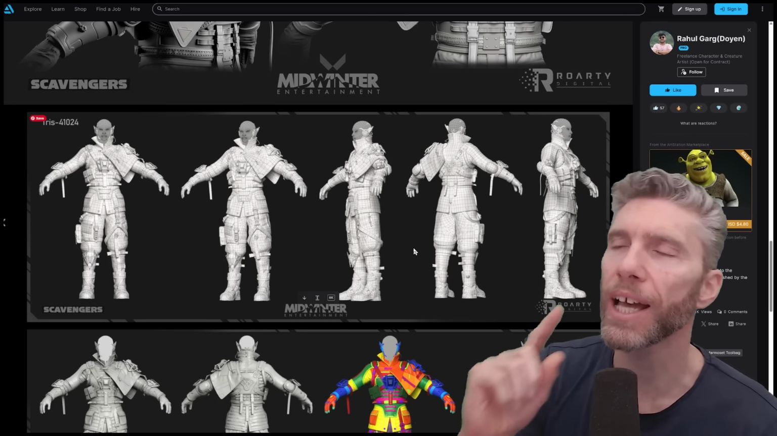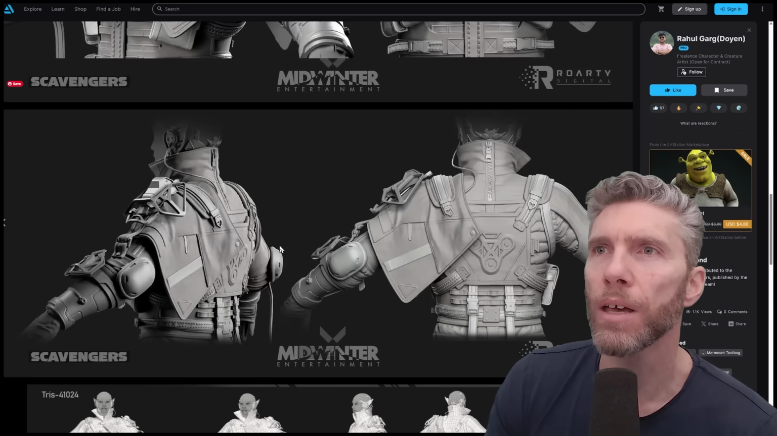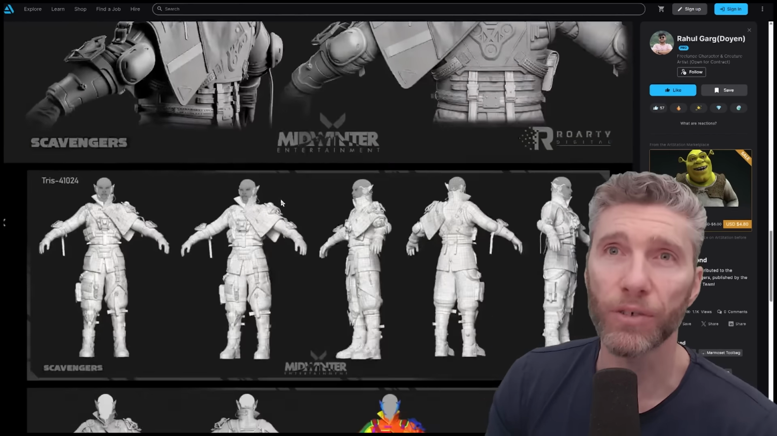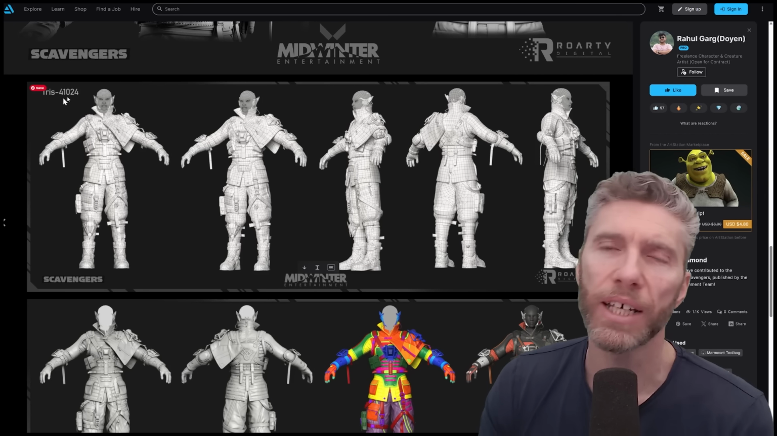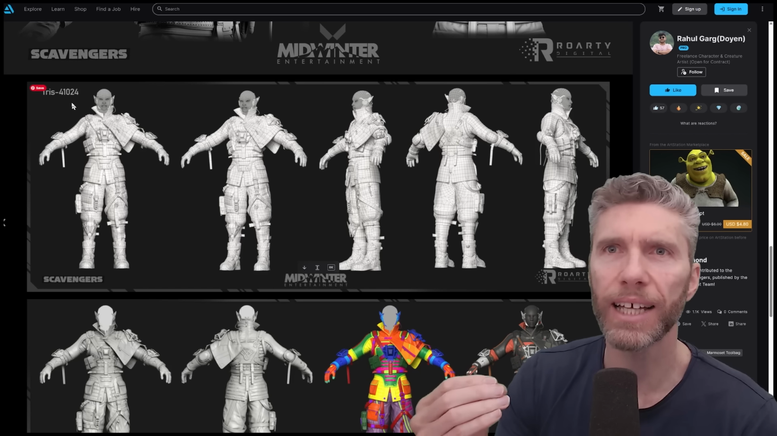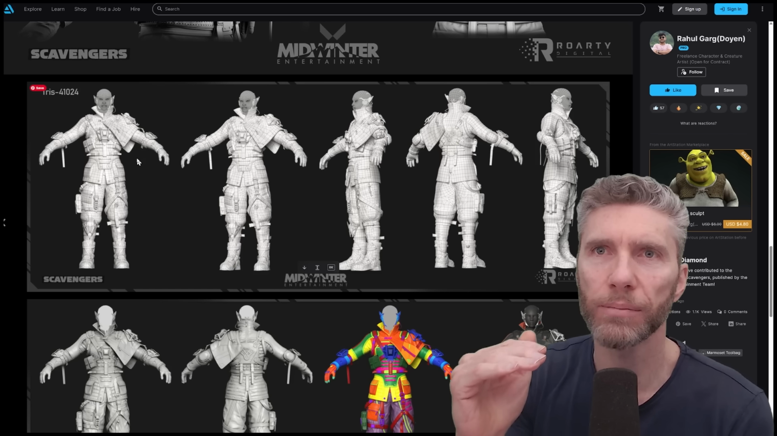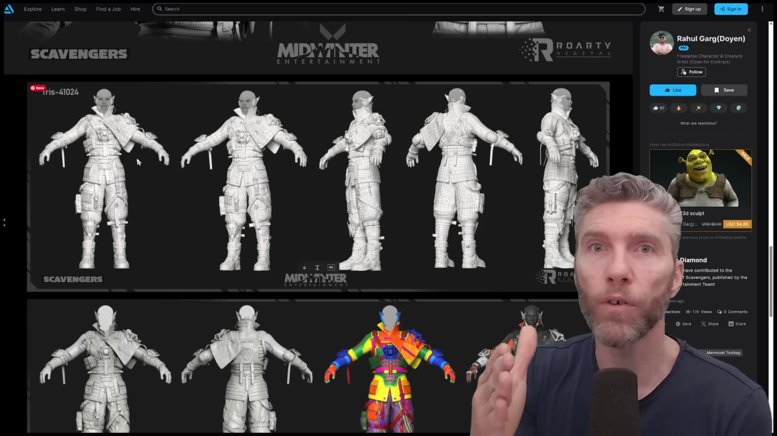Let's take a very quick look at characters. This is one from Raoul Garg, I think it is. And they've got a fantastic model here with lots of great details. And if I scroll down, you can see the triangle count of 41,000. So they've done quite well to get a lot of detail in and keep it relatively low. I would say 41,000 sounds good for a AAA game, and that would be a good one for multiplayer games